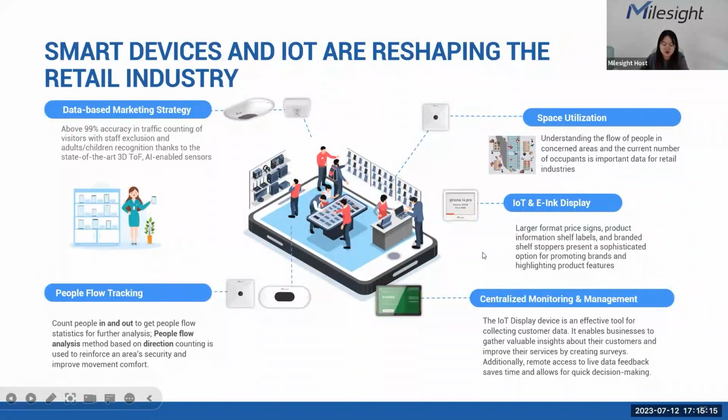e-ink display to provide the information for products as well as the price for the products. And running a feedback system on the IoT display to get feedback from the customers effectively and quickly, and we also get the data of that, so that we can run better and more effective marketing strategies or plans for our business running there. Okay, so